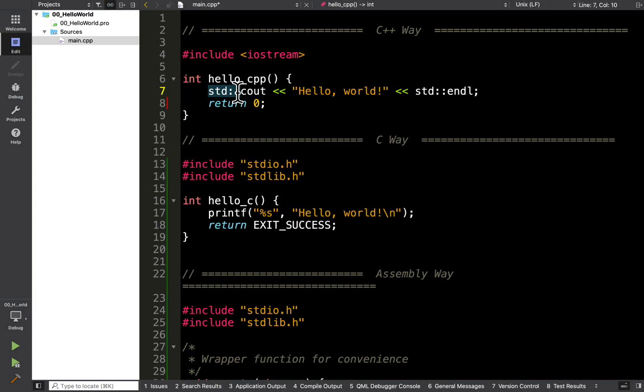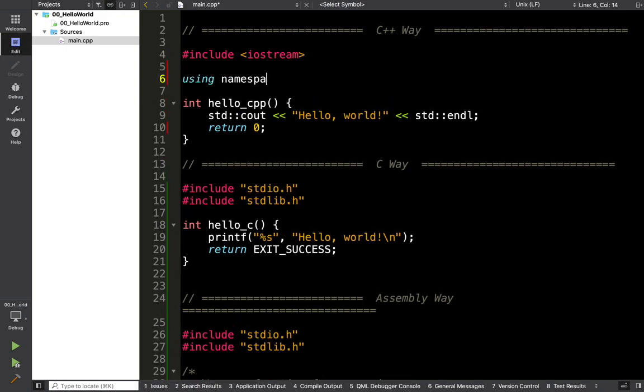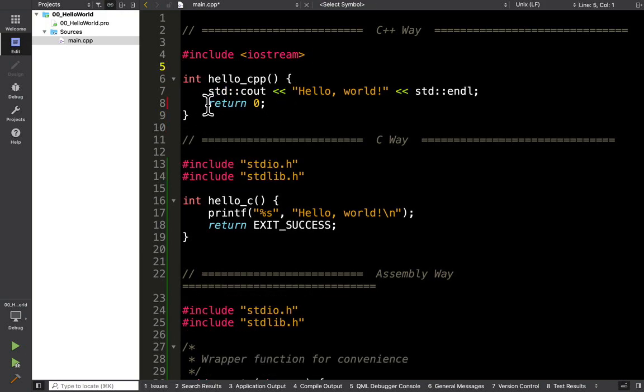STD colon colon might be the part that's actually the most difficult for people that are taking 106B right now, is to remember to use the STD colon colon. The reason for that is that in 106B, you might have seen something that's similar to this, using namespace STD. This is also a preview. We'll be covering later in the quarter why we actually don't necessarily want to use that, and specifically what this STD is used for. As a sneak peek though, the STD is what's known as a scope namespace resolver.